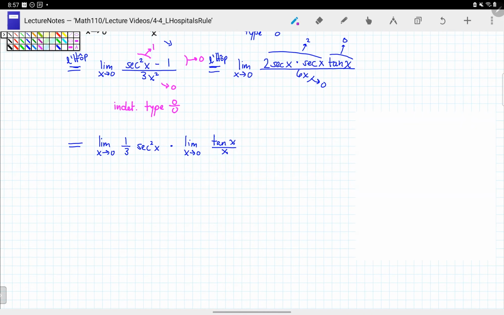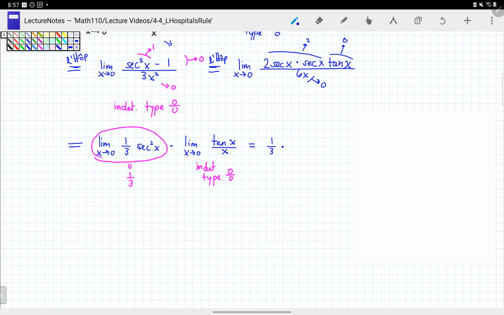So now this whole piece is just equal to 1/3 because secant squared of 0 is 1. We can do that by direct substitution. This whole piece is indeterminate of type 0 over 0, again. So we're going to have a 1/3 times,